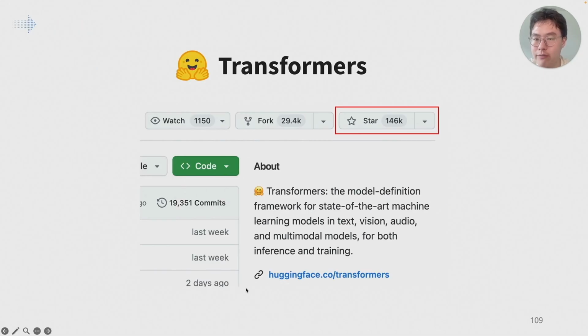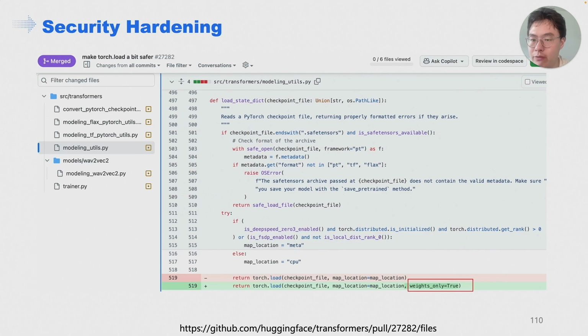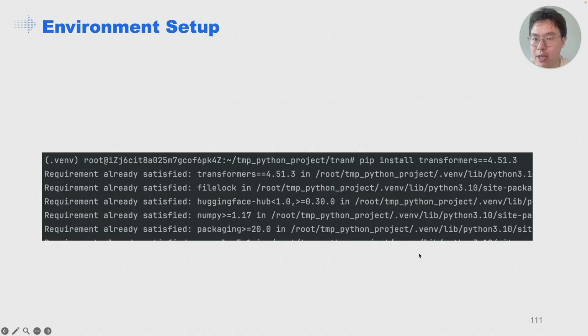And next, transformers. Transformers is a popular open source library by Hugging Face that provides pre-trained models and tools for natural language processing tasks using transformer-based architecture. Transformers also implements some security hardening measures. For example, here you can see that it uses weights_only=True to load the model. So now we set up our environment, and since the latest version of transformers also fixes this issue, we need to install an old version,